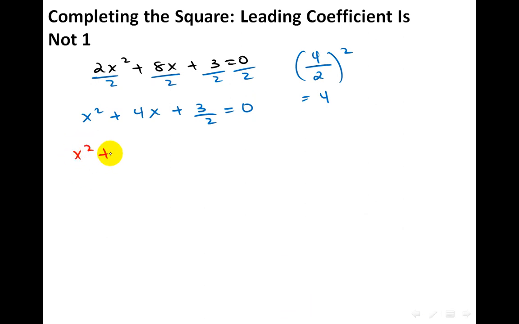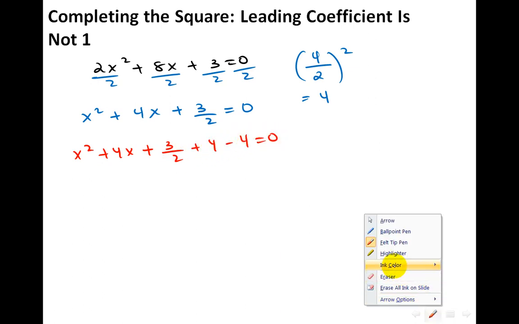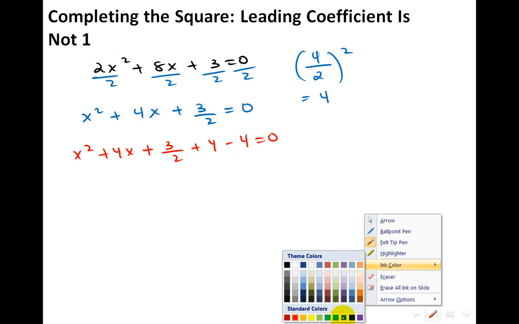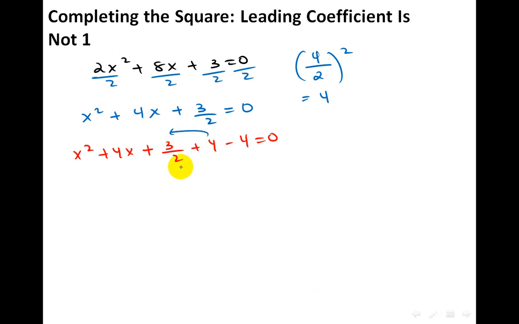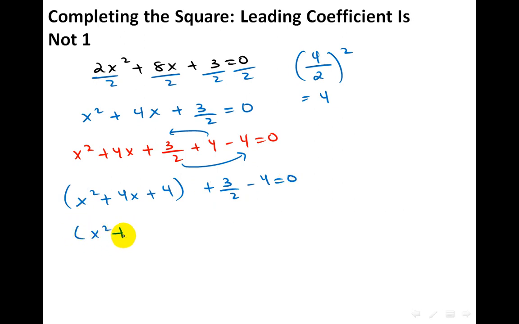So now x squared plus 4x plus 3 over 2 plus 4 minus 4 equals to 0. Again the same step. Take the positive 4 inside, and this 3 over 2 the constant, take it to the negative 4. So I will group it now. X squared plus 4x plus positive 4. This will be in one bracket plus 3 over 2 minus 4 equals to what? 0. Here 3 over 2 minus 4 will give you minus 5 over 2